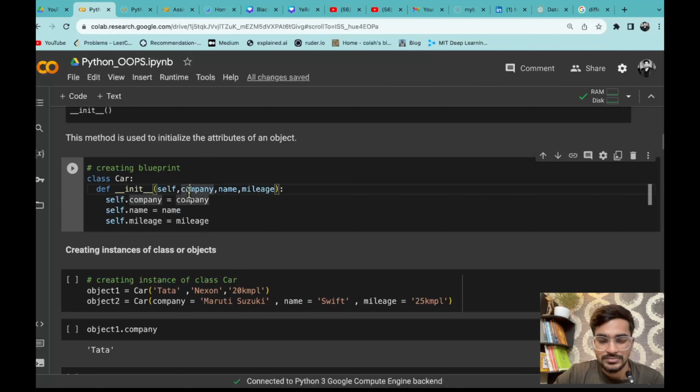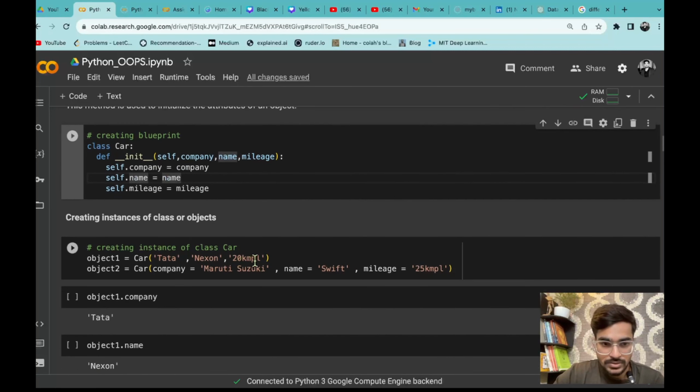You can use them interchangeably, but if you precisely want to know the difference between argument and parameter: when you define a function or method, the variables that you put there are called parameters. Then when you call that function or method and pass the values, those are called arguments. That is the basic difference between them, but it doesn't matter much; the concept needs to be clear, and these are just terms that are used.